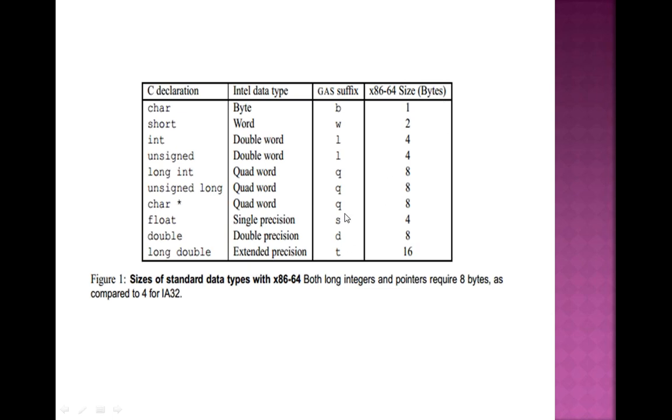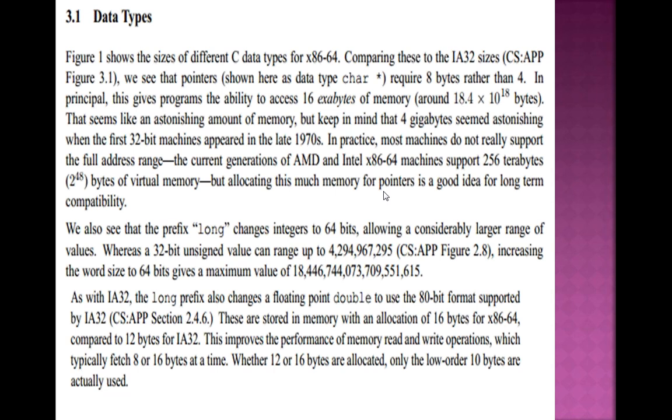These are the bytes that are required, or these are the data types that are able to store different data with different capacity. Like char takes 1 byte, short takes 2 bytes. In the same way, there are multiple C declarations and multiple data types of x86-64. So this shows this. Comparing these to the IA32 sizes, we see that pointers, shown as data type char pointer, require 8 bytes rather than 4. As I discussed with the help of the book, it takes 8 bytes as compared to